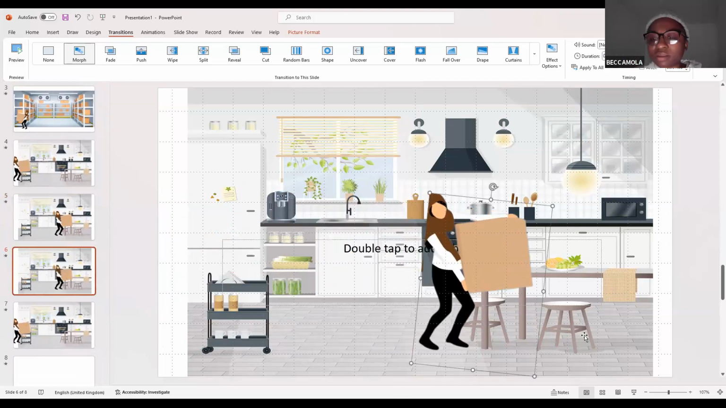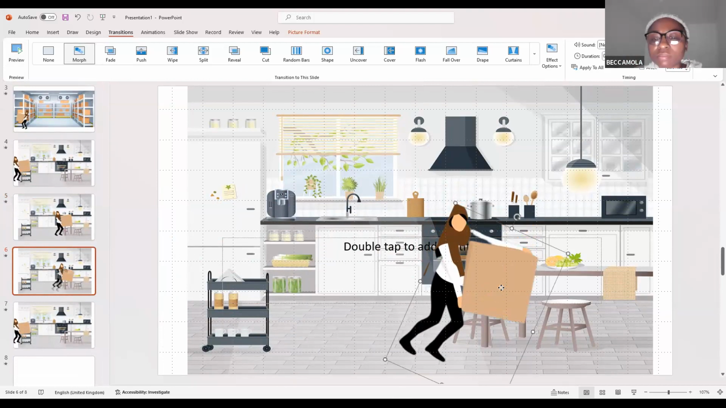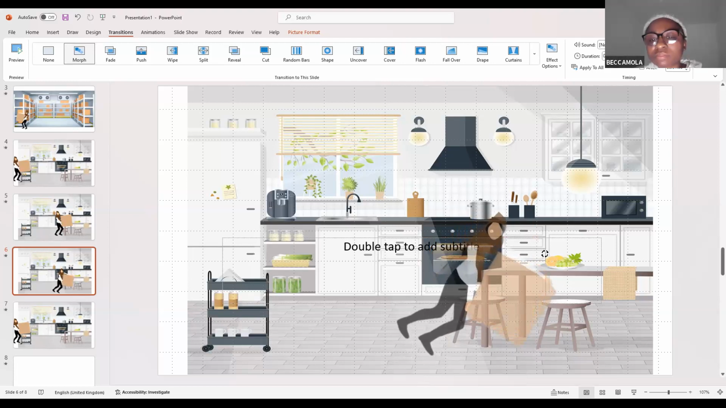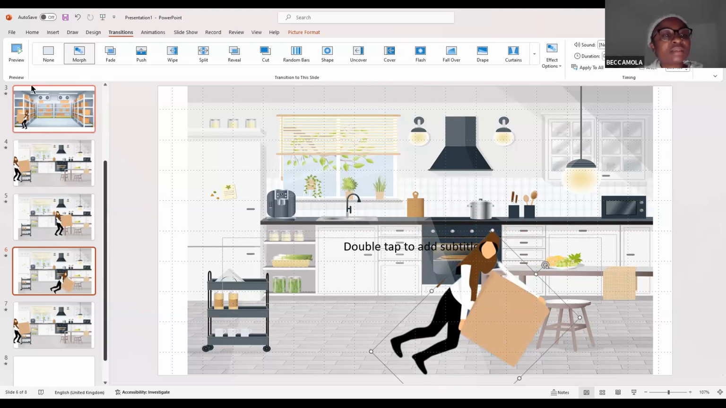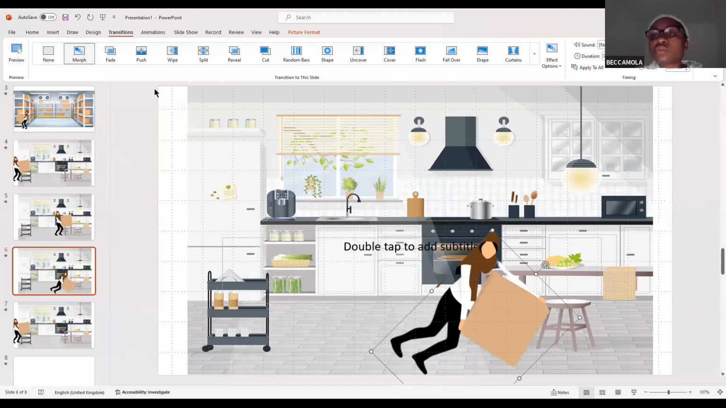So what I'm going to do is tilt her a bit. She wants to put it down. Then it has to look kind of real. It's a bit real. This is hard. Let's see what that transition will be like. Just trying to put it down, right? And then the next one is